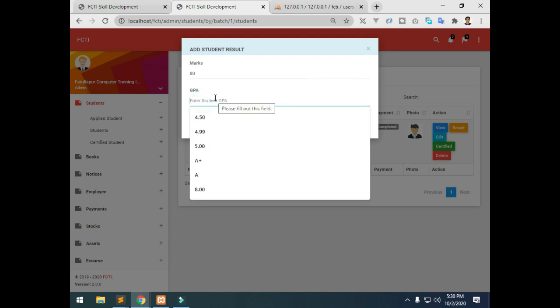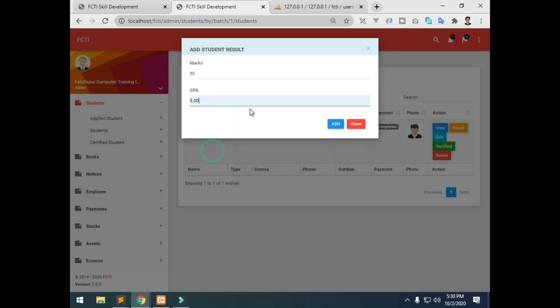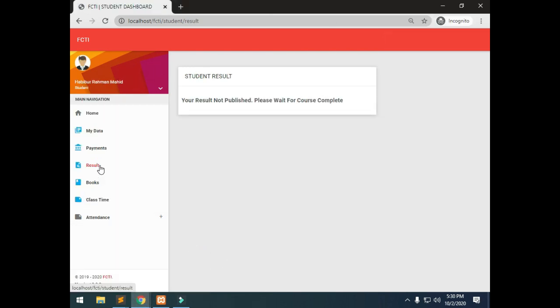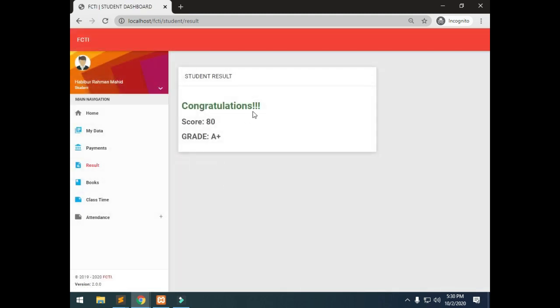Then I will give him 5.00 GPA, or you can add a grade here. Suppose I have added a grade here, A plus. So click on add. Okay, result has been published. So now when I go to my student panel and click on result, here you can see congratulations, score 80, grade A plus.